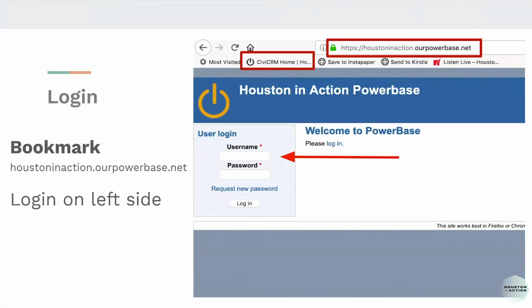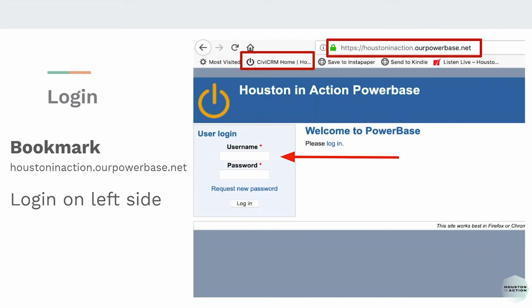So this is our data system. As we talked about earlier about our CRM, we went with Powerbase, and Powerbase has been an amazing tool that, to be honest, like most data systems, can get a little complicated. But the more people use this tool and the more we catch glitches or problems, the easier and faster we will be able to fix them to make sure it's the most user-friendly tool we have.